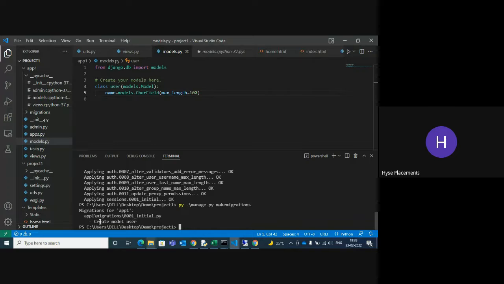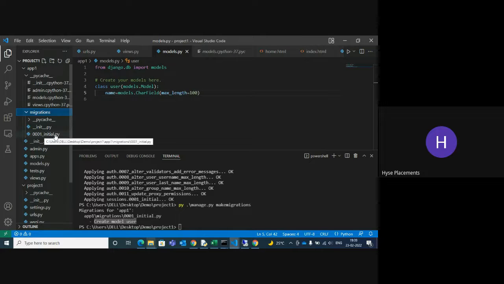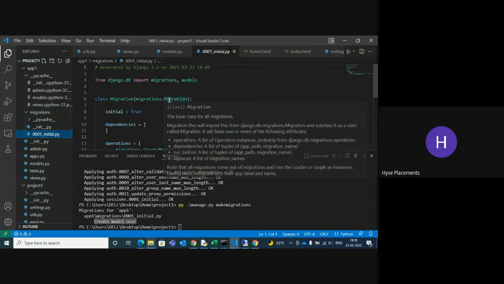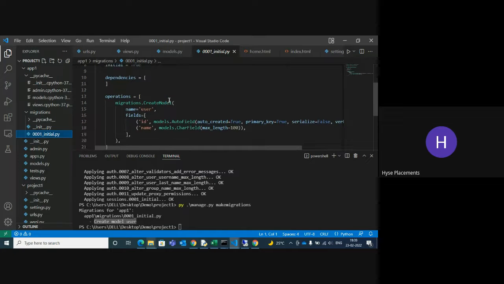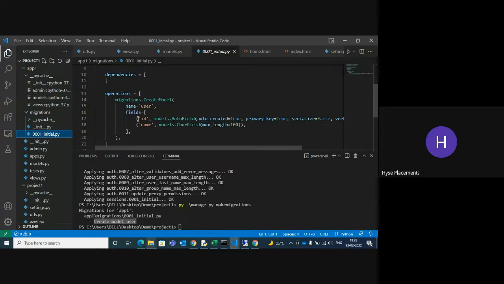You can see it created one model, User. In migrations you can see the 0001_initial.py file. The field is one, id, which comes by default, and next you can see the variable name, name, and next we are giving models.CharField with 100 length.